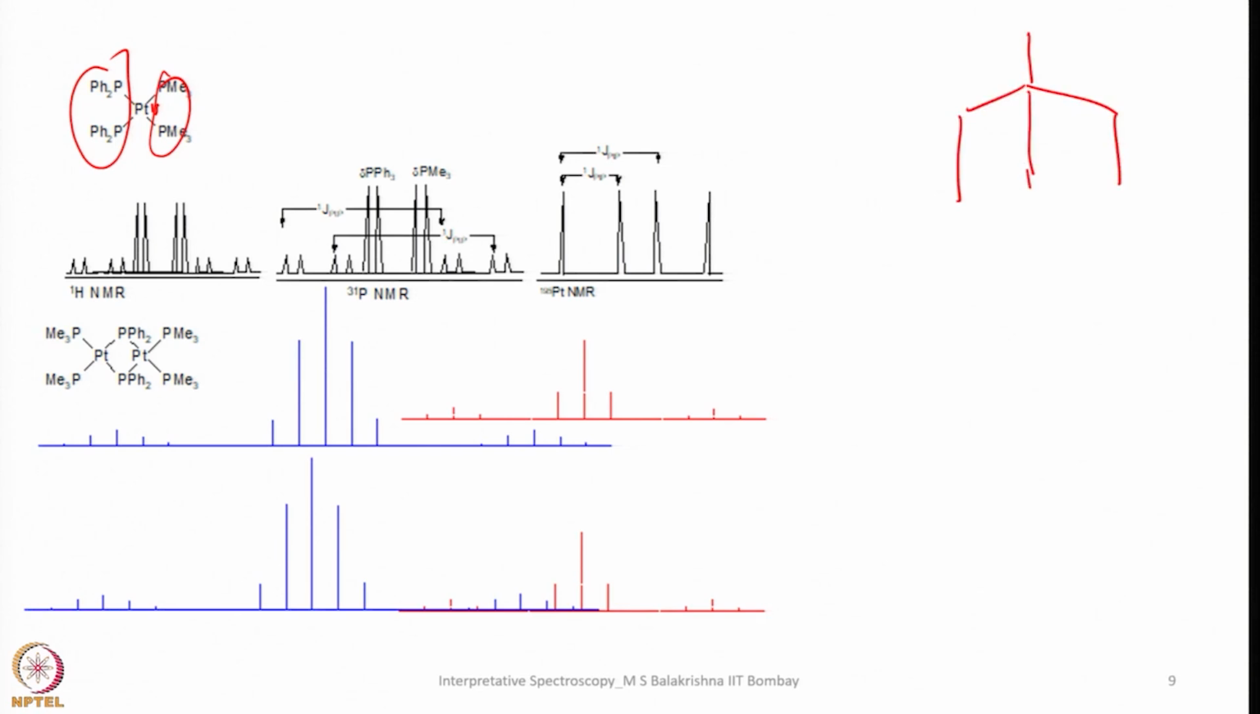Platinum coupling would come with platinum satellites because 195 platinum is about 34% NMR active, I equals half. As a result, this is for 196 platinum, which is I equals 0. So then what we get is this is split into a doublet here, something like this, and then something like this. If we look into the spectrum, it should look like